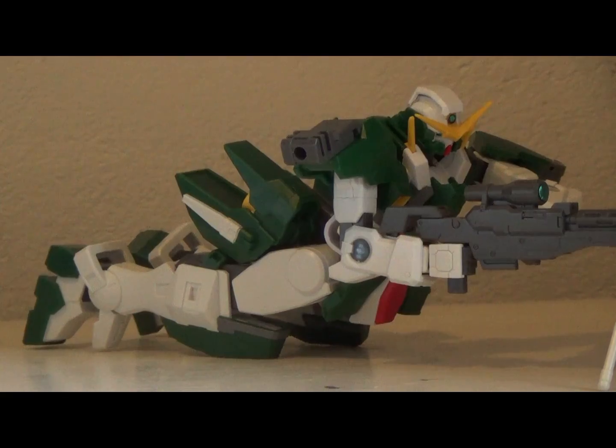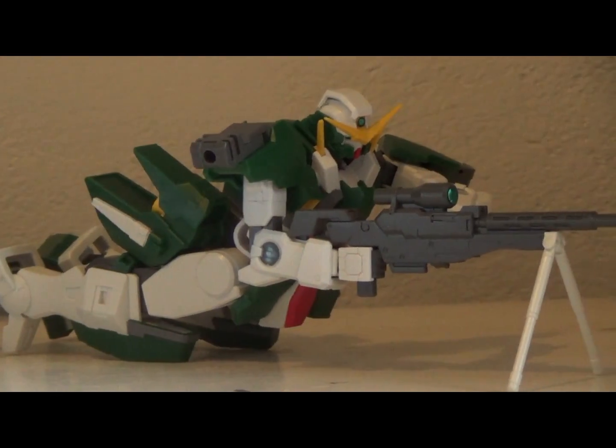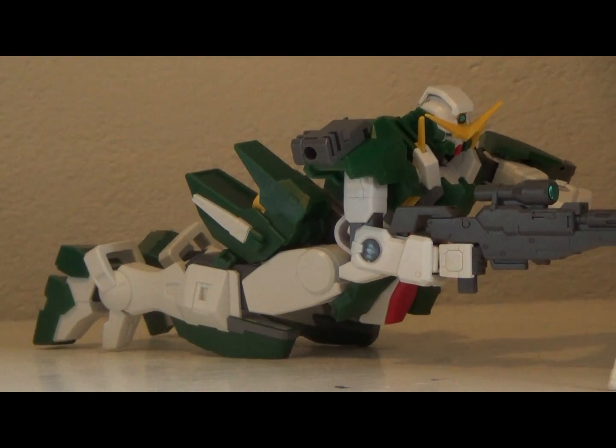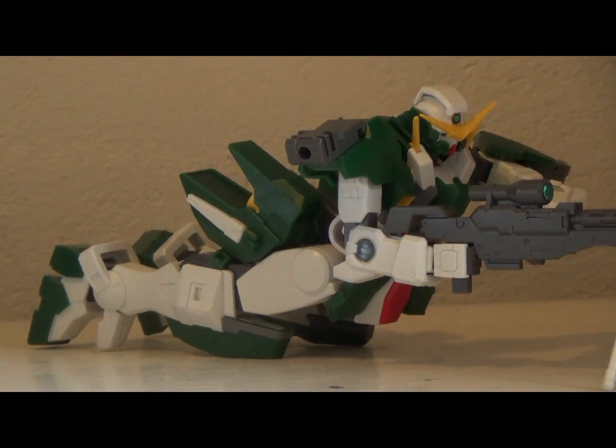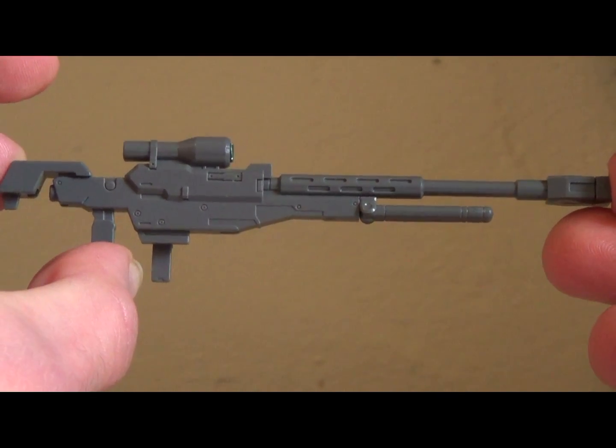So as you can see, what I've done right here is I've cheated a little with the classic sniper pose, and I've actually arched his back upwards, but he does have enough articulation to bring his body upwards to the point where you can use the bipod on the gun to prop him up and put him in something that isn't really a true sniper pose, but it's pretty darn close, and it works for display purposes. So now that you've seen the GN sniper rifle,